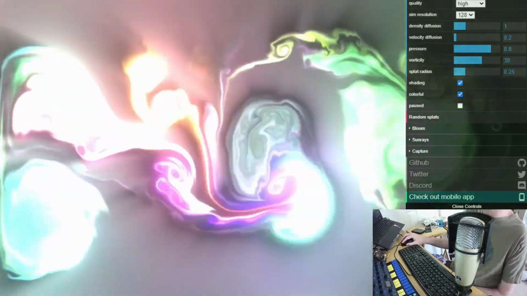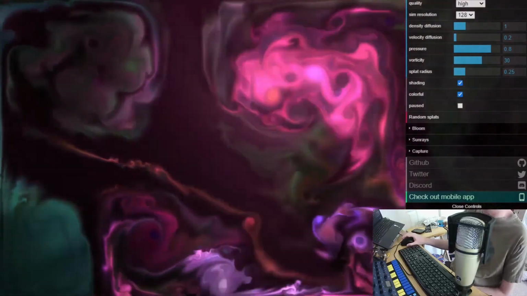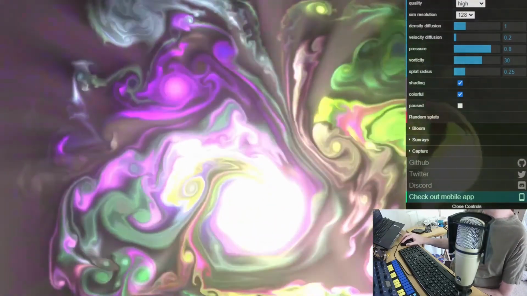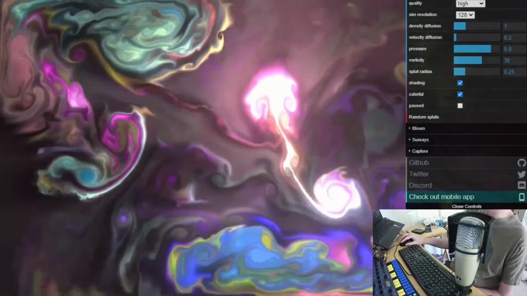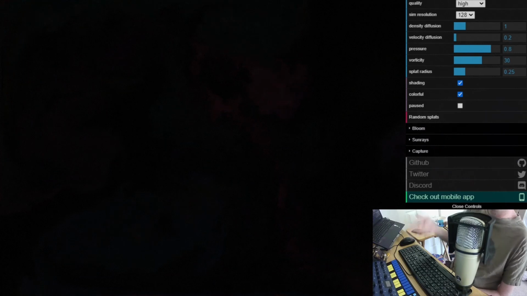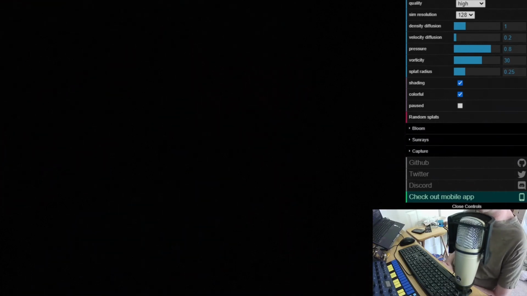One of the things I found was this visual fluid simulator, which creates some compelling images. In this case, as I move my mouse, it's drawing and creating this cool fluid effect. And you can create videos out of this, and that can be a fun thing to do.